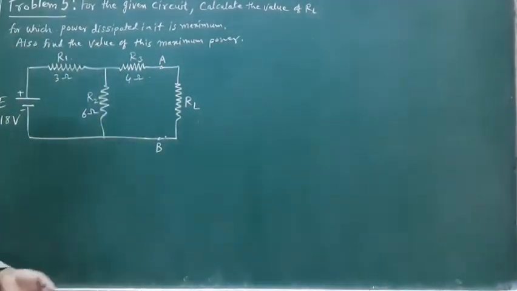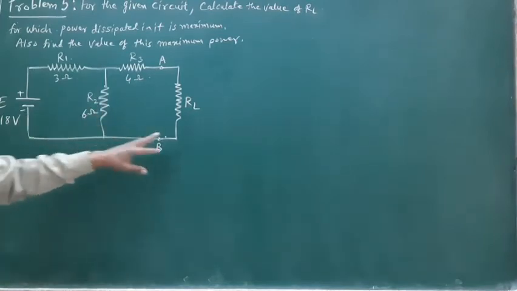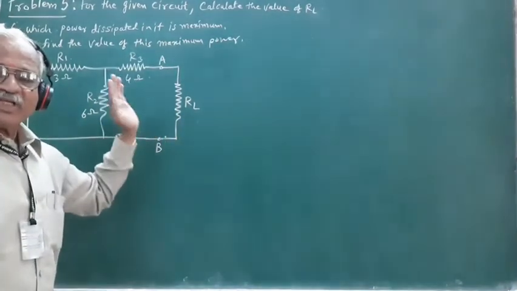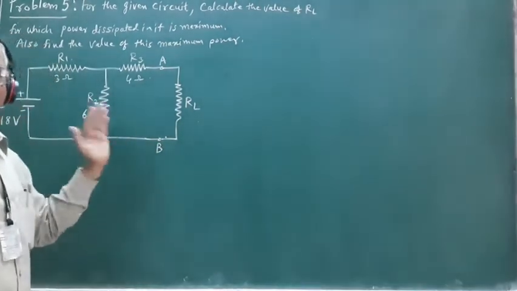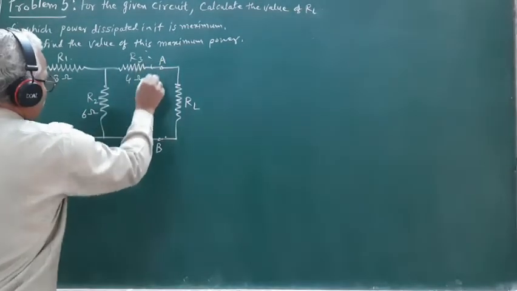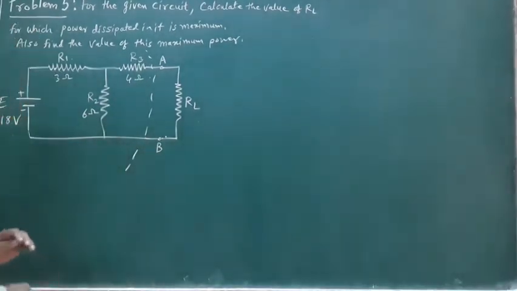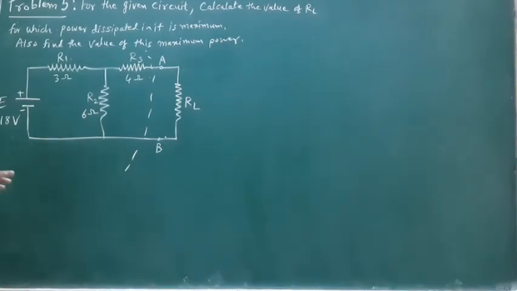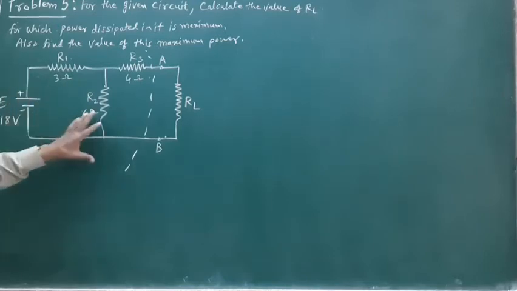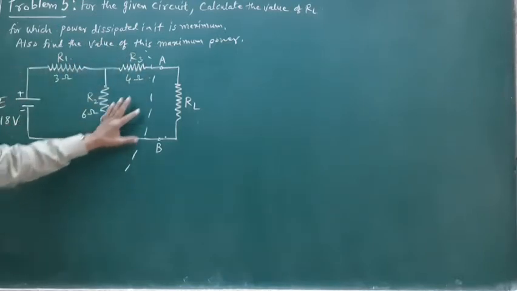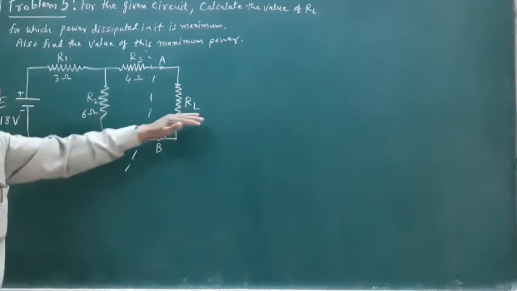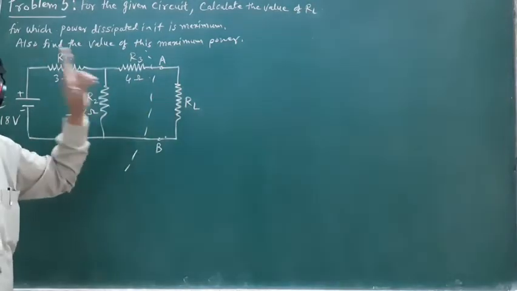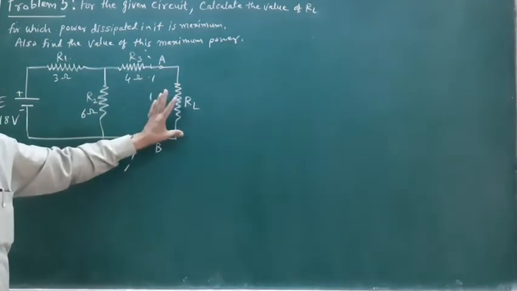So in order to find out what should be the value of RL for which the maximum power is available across this load resistance, we must first find out the internal resistance of this source. Or in short, we have to first Thevenize the given network, and obtaining the Thevenin equivalent circuit for this network, we can know what should be the value of RL for which the power available across this load resistance